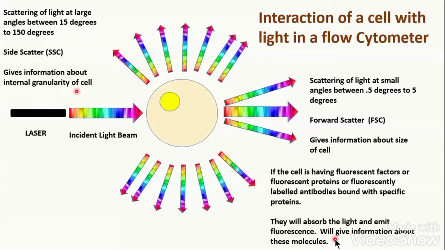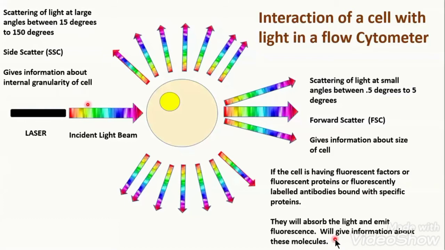Side scatter. So we are getting two physical parameters. Number one, size, which we are calling as FSC, and second, granularity of cell, which we are calling as SSC or side scatter. The third parameter which you can measure